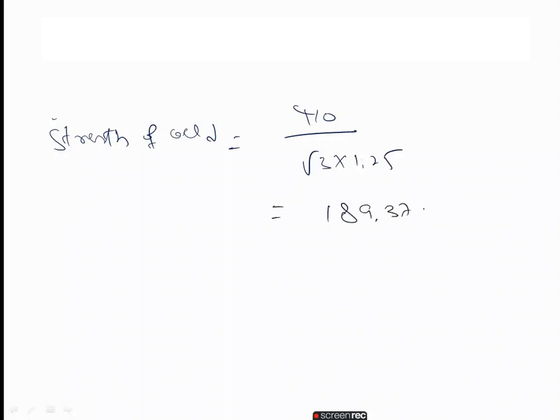So now how we will calculate the strength of weld? The strength of weld is Fu by root 3 into gamma m naught. That is Fu is 410. Fu by root 3 gamma m naught. Root 3 into 1.25, you will get 189.37 Newton per mm square. Now after this, we calculated total length of the available weld, as well as the total strength of the weld. The next step is, let us take